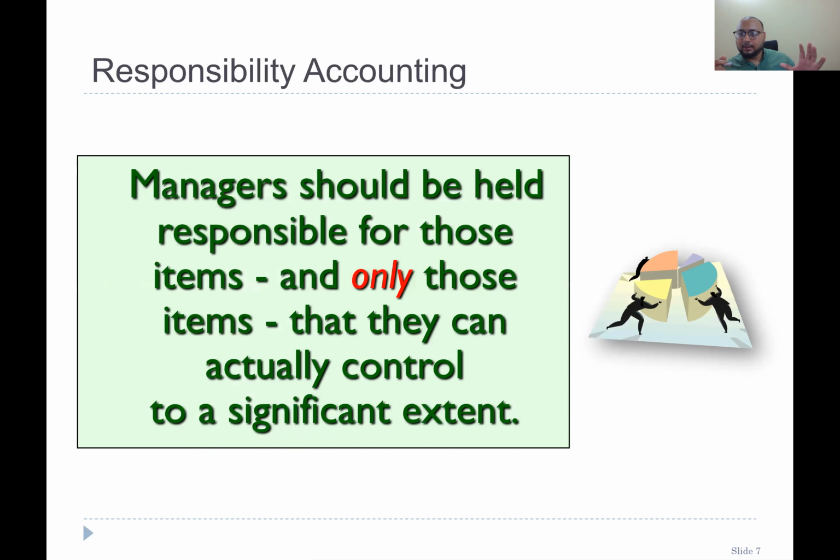Because we don't have a good number of orders, of course we will be having a loss, but our production department will say, look, we did our best. We produced according to the plan. We should be given bonuses. It's not our fault, right?